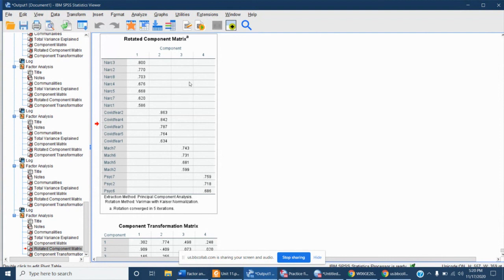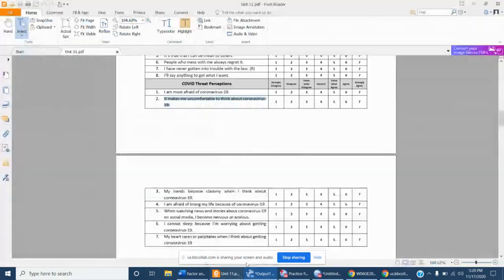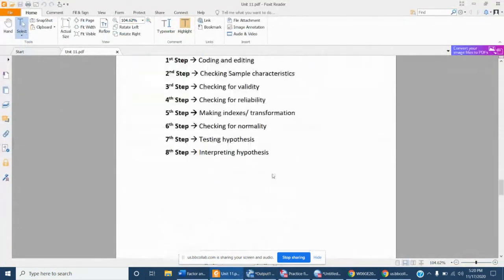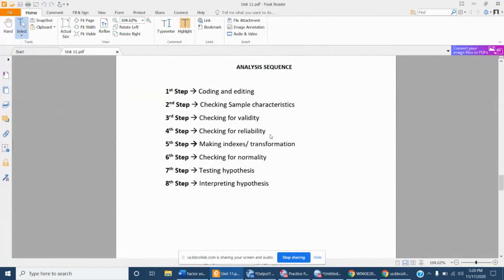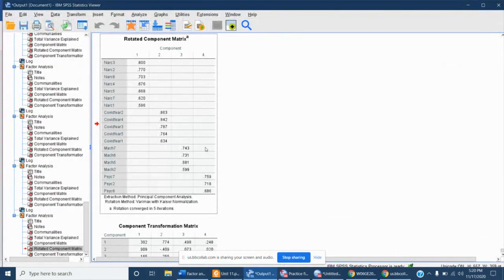In our next stage, I will start from this particular step. What would be the next step? We will discuss in our next session. Our next step is checking for reliability. We have determined the validity of our analysis, so we will only choose this particular scale, and we will only report this particular